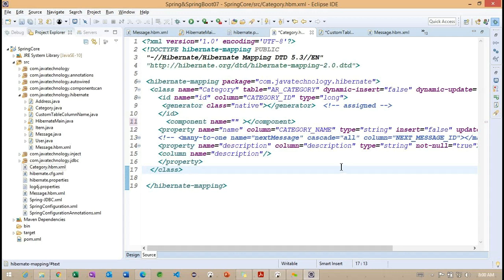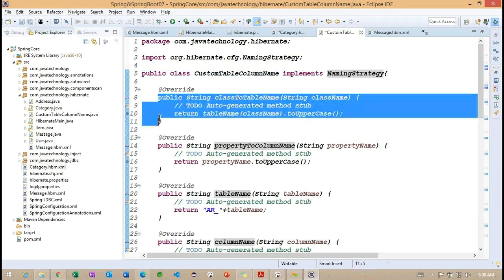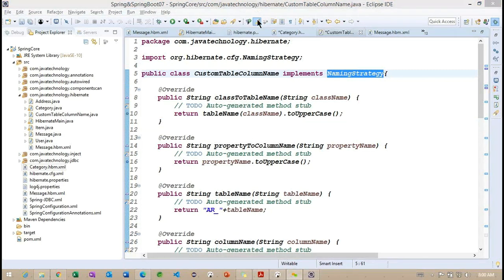Okay. Any questions regarding today's session, except this naming strategy, because I want to check why it is not working. Basically, the methods are not being called here. I need to do some R&D on this naming strategy, so I will update you tomorrow regarding this. Okay, if you don't have anything here, we'll continue tomorrow with the remaining information.